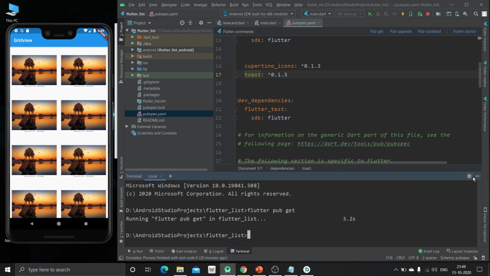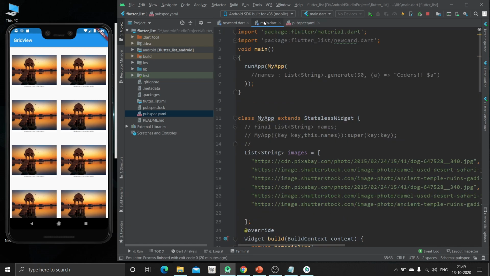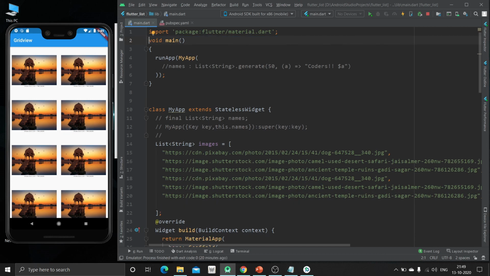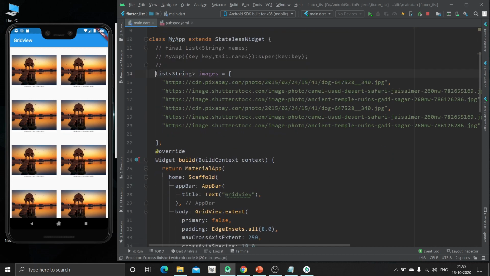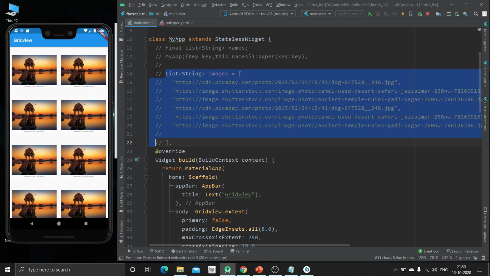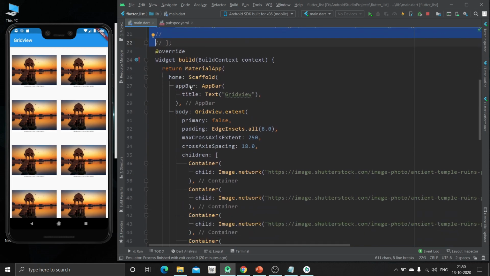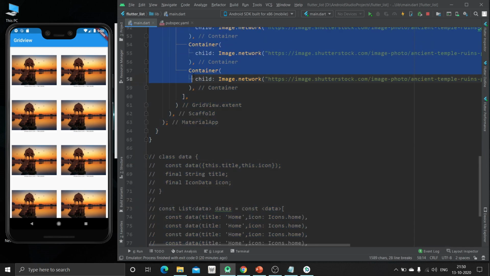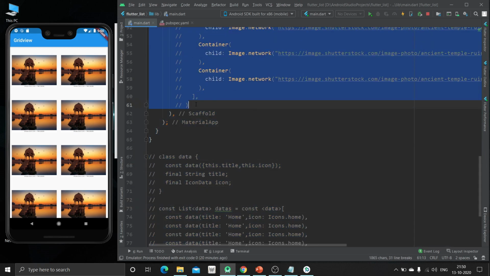So the package is downloaded. Now we are just going to minimize it, and in main.dart we are going to use that package. For that, first of all we are going to remove all this, or else we can make it a comment. Just hit Ctrl and backslash. Similarly we can do over here also, just hit Ctrl and backslash.